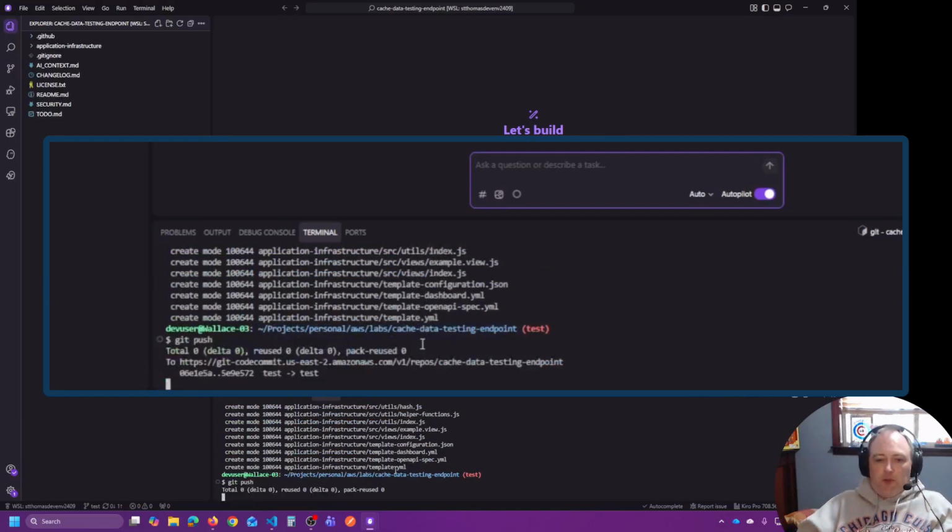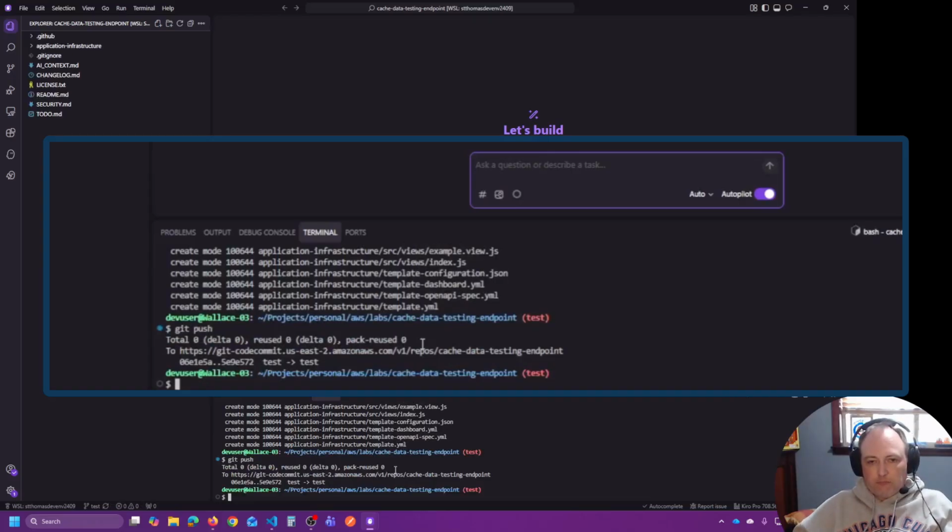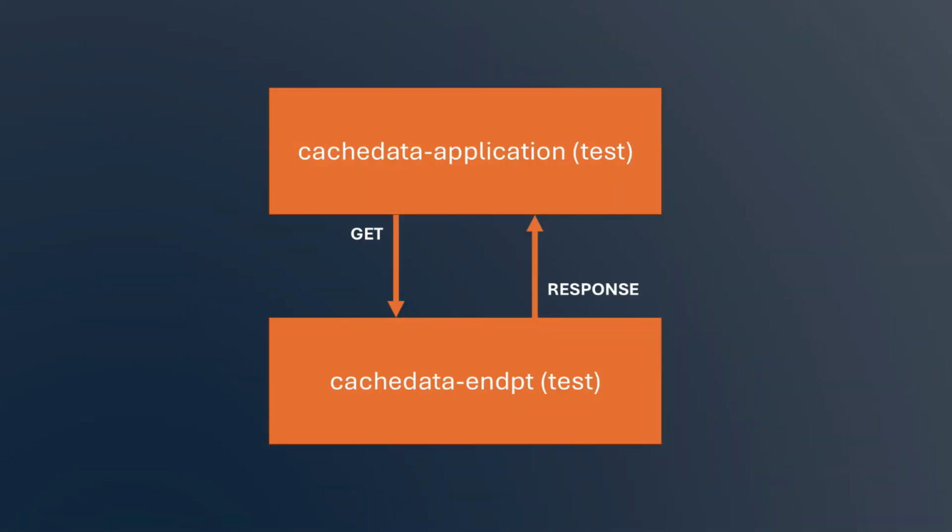All right, so now I'm pushing it. So this is going to create an endpoint. Now, what I will need to do is once this is deployed, currently